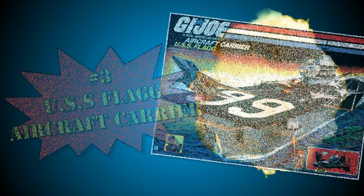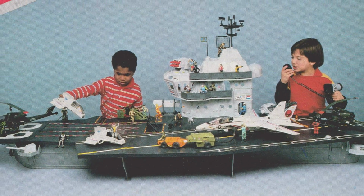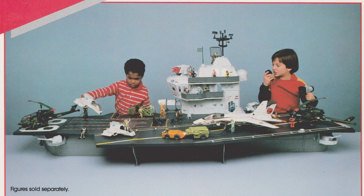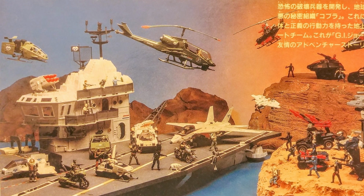As we get closer to the top slot, the number 3 entry is the largest playset ever created, the G.I. Joe USS Flagg aircraft carrier. The Flagg aircraft carrier has surpassed its status as an action figure playset and moved into the realm of 1980s toy legend. Being the largest toy ever created for any action figure toy line, the sheer scale and ambition of this playset is something to be in awe of, and it will forever remain a true landmark in the history